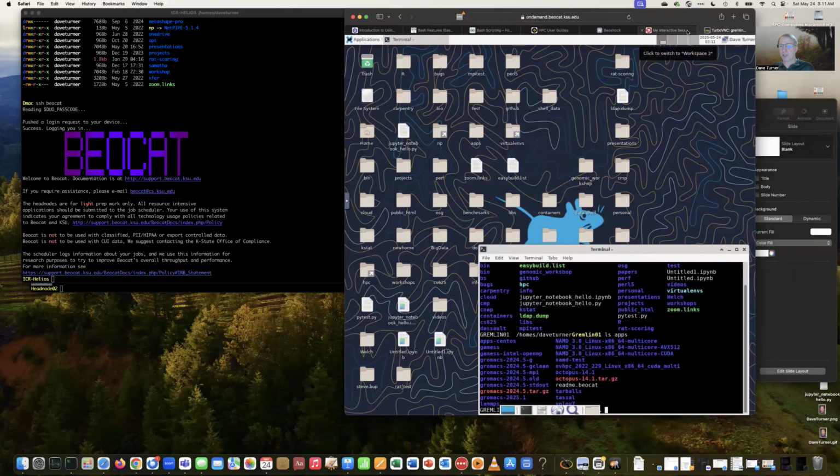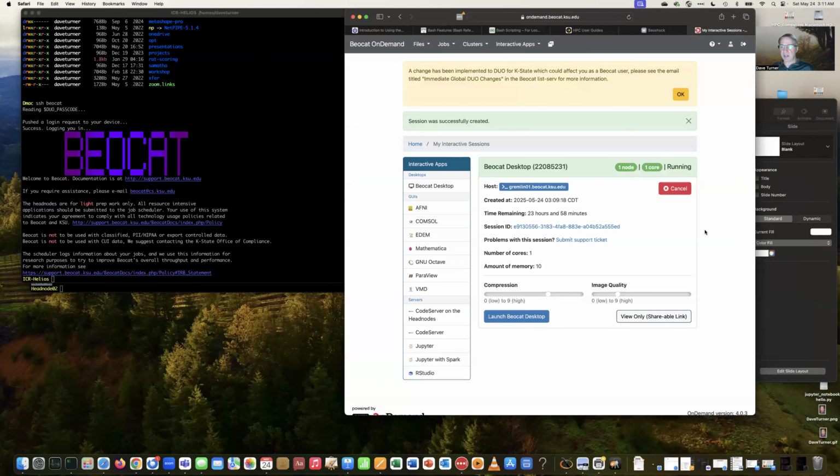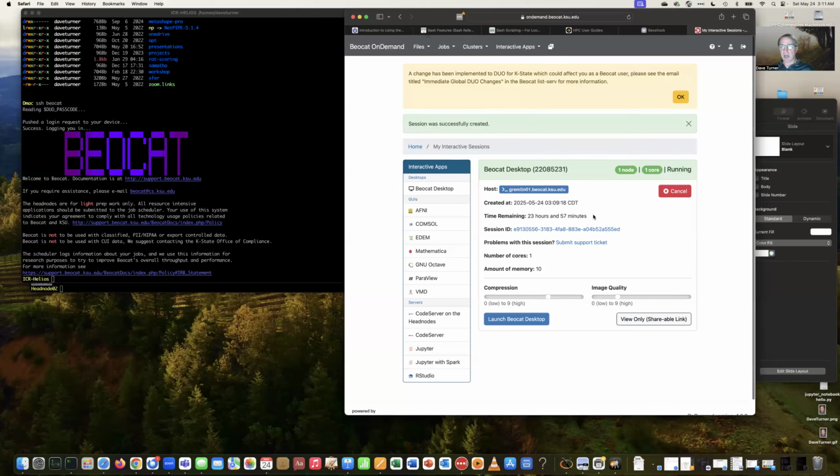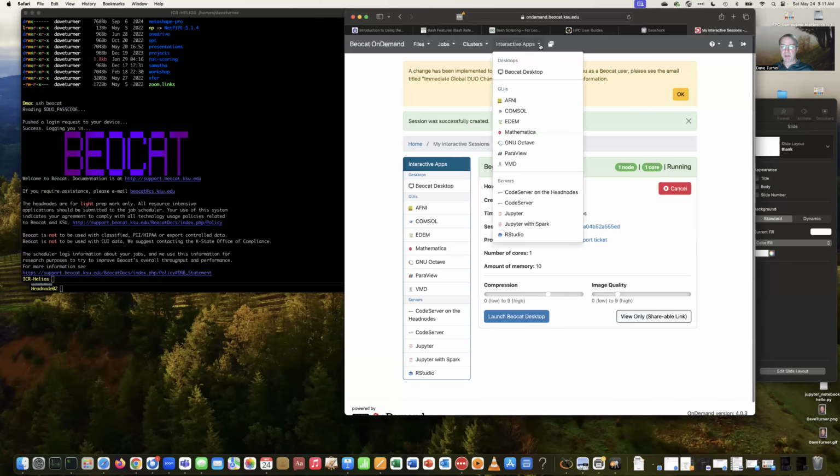I'm going to go ahead and kill off this window. That does not kill the job off. This will keep running for 24 hours total unless I cancel it. I'm going to leave it running because I want to show later on what I have running at this moment. And it'll show that I have a couple things from on-demand running. Let me show you